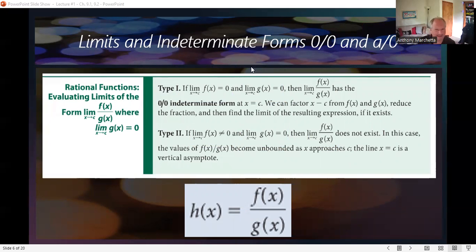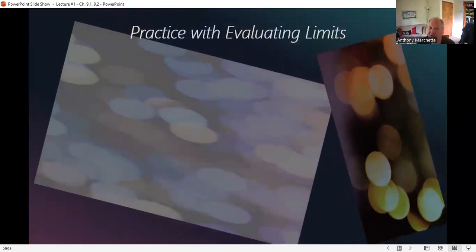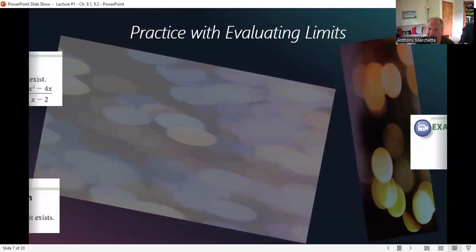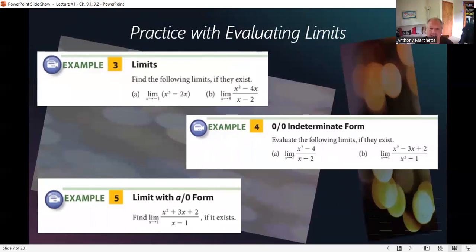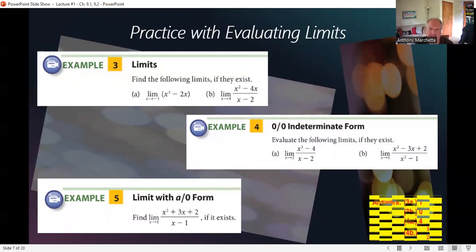So in a very mean way, that old ghost from algebra is coming back to haunt you here in calculus: factoring, the F word. So let's take a look at some of these questions. The way that you deal with it is you put the number in just the way you see it and hope for an answer. If you don't get an answer, then you have to play around with factoring and hope that something knocks out to the point that you get an answer. So first of all, let's look at example 3. Okay, in example 3,